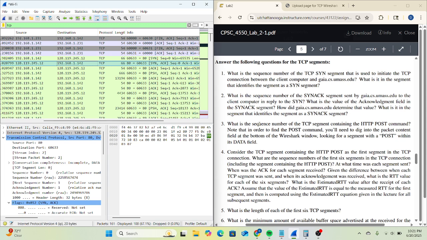And then the next question is 3, and it says, what is the sequence number of the TCP segment containing the HTTP post command? Note that in order to find the post command, you'll need to dig into the packet content field at the bottom of the Wireshark window. Look for a segment with a post within its data field. So yeah, you can do that, but also